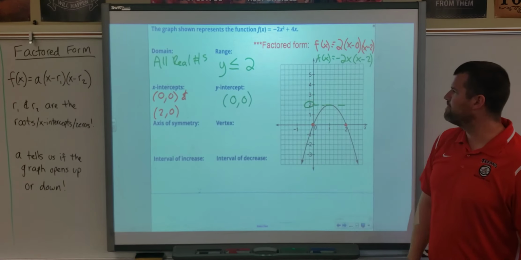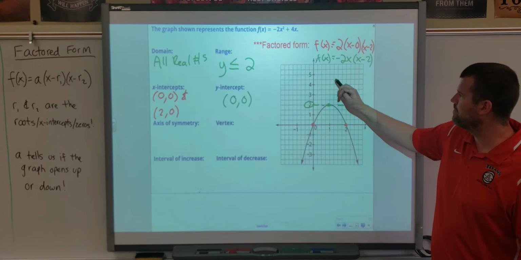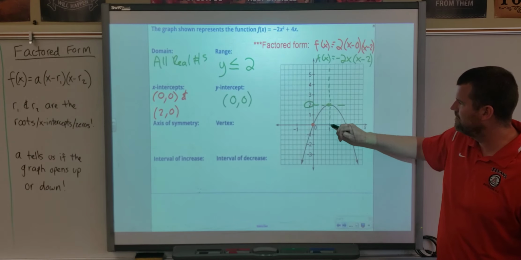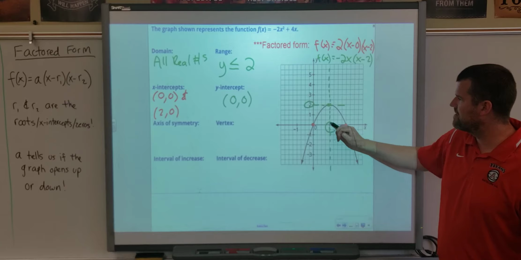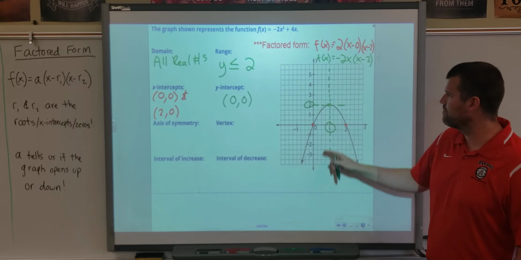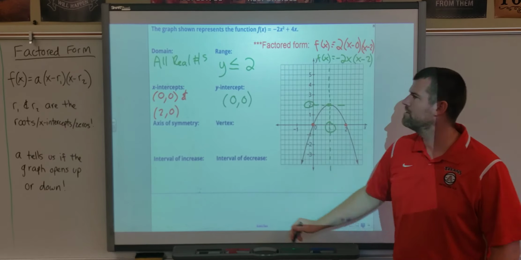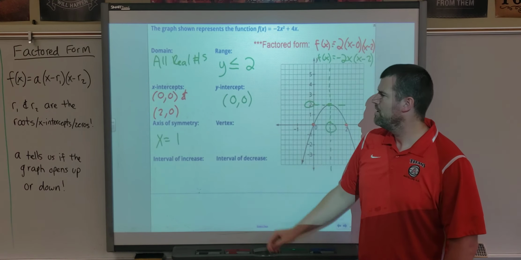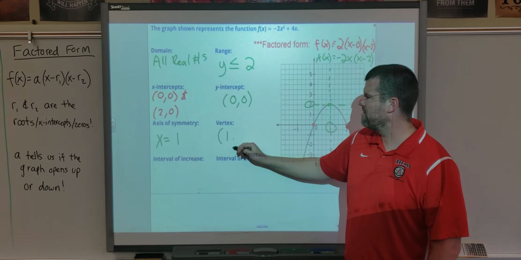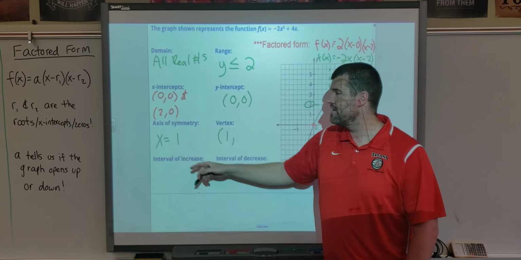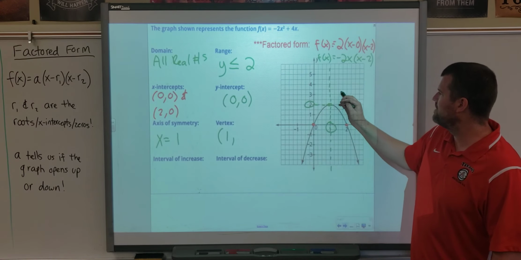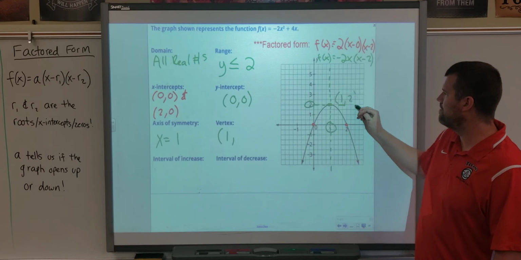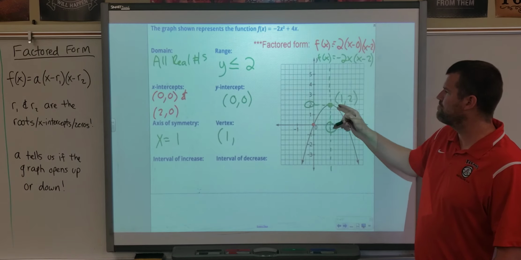Our axis of symmetry, we go to our vertex and we draw a vertical line. And if it's hard to see, this is actually a 1 right there. So we're going through 1. So our axis of symmetry is x equals 1. Our vertex, we know the x is always the same as the axis of symmetry. And then if I look at this point, this is the ordered pair 1, 2. So my vertex is